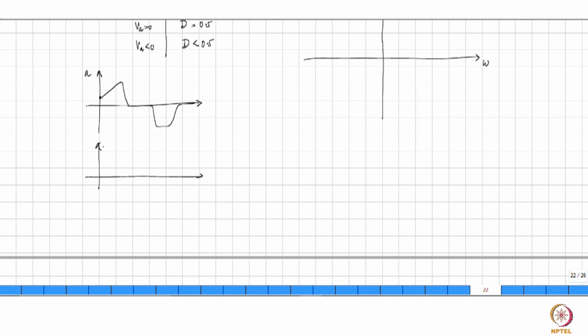do some integration and get it, but the speed will then have to start from 0 in some manner, and then the speed remains fixed, and then the speed goes down and reaches 0, right? So in this duration, you are having a deceleration. In this region, you are having acceleration,